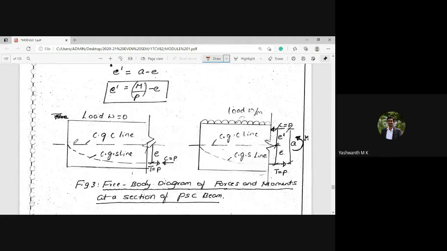So that is this T line. T line means the central axis of the steel line, and P line or C line means the thrust line. So both will coincide when it is not subjected to any external load. Especially at the support section, since there are no flexural stresses developed, both the lines will coincide. Next,